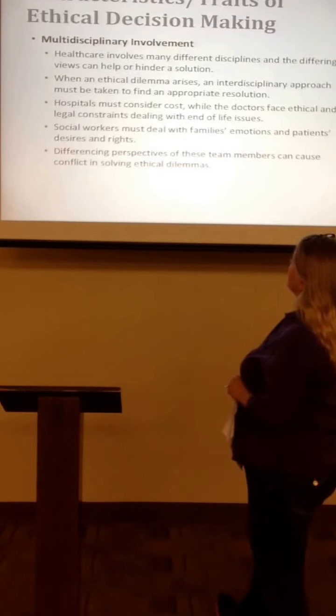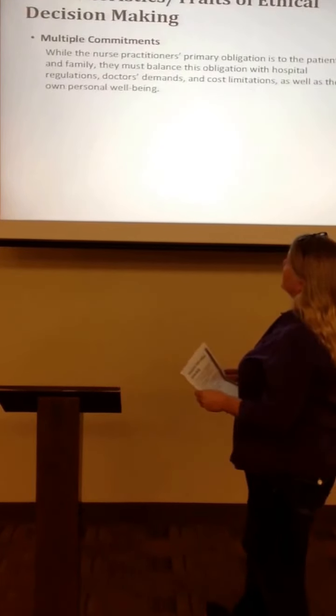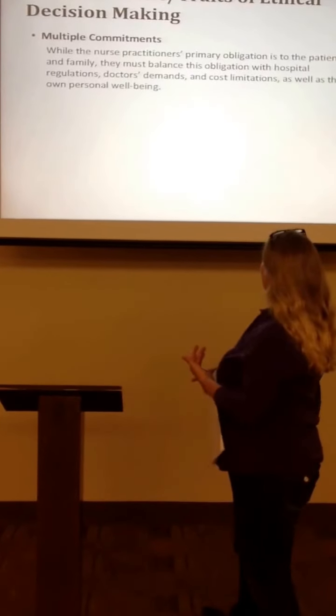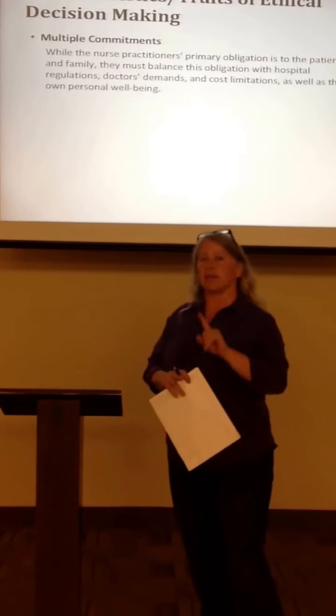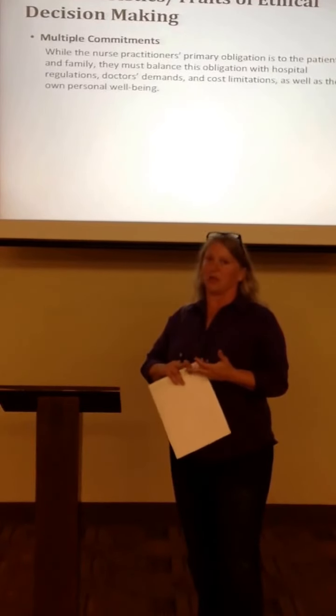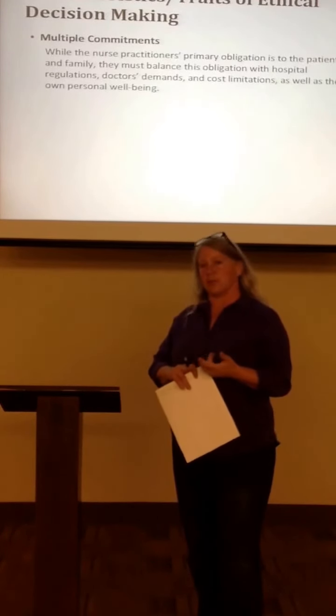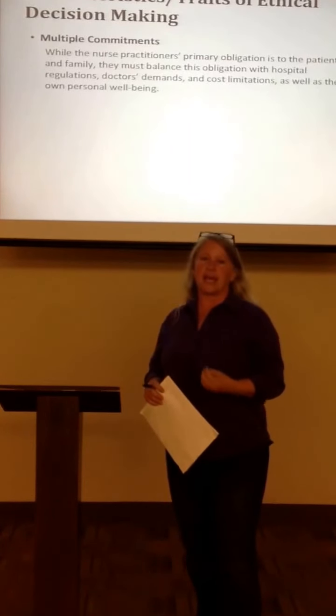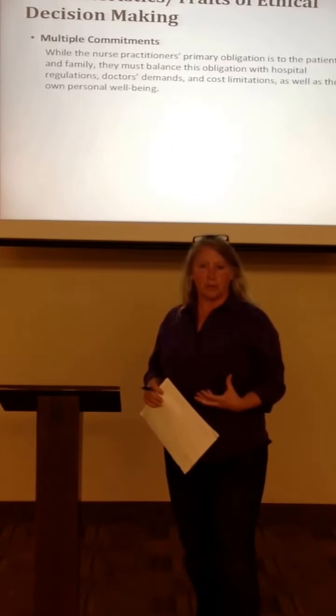The next trait we're going to talk about is multiple commitments. So the nurse practitioner not only has an obligation to the patient and family, and that's her primary obligation, she also has an obligation to the hospital and to the doctors and the other disciplines. For example, the nurse practitioner may feel that a particular test is needed or a particular treatment is needed in